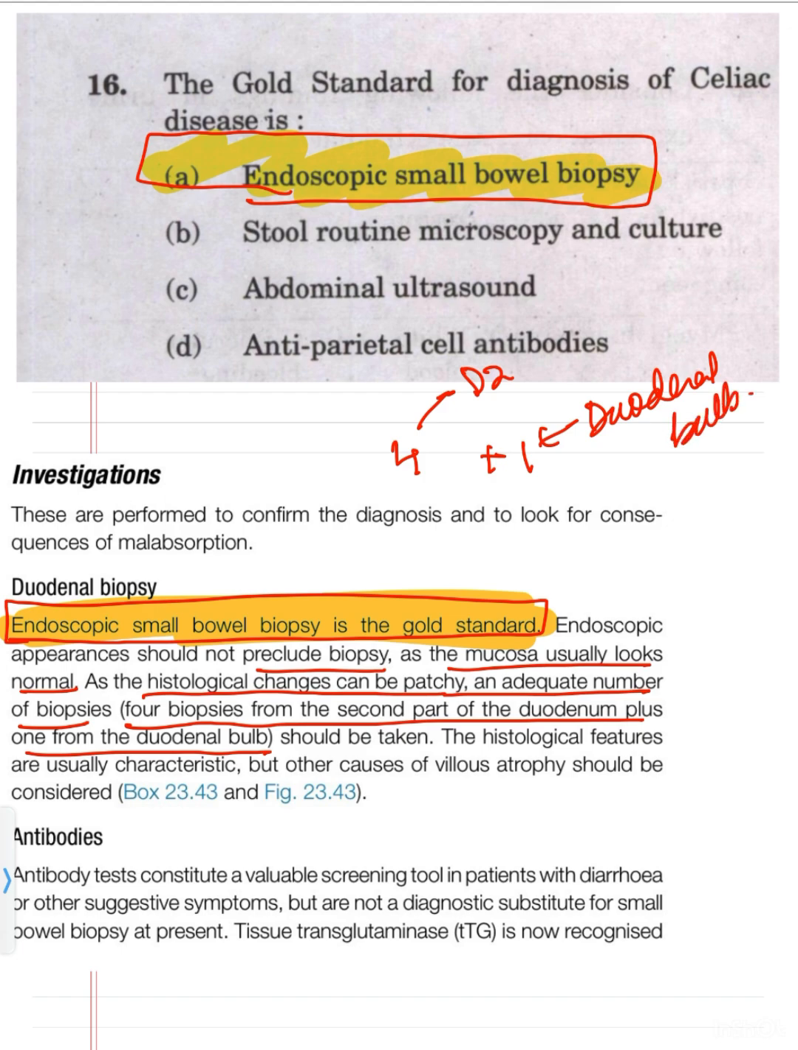The histological features are usually characteristic, but other causes of villus atrophy should be considered. Now antibody testing is also important, like tissue transglutaminase and endomysial antibodies. These are important, but the gold standard